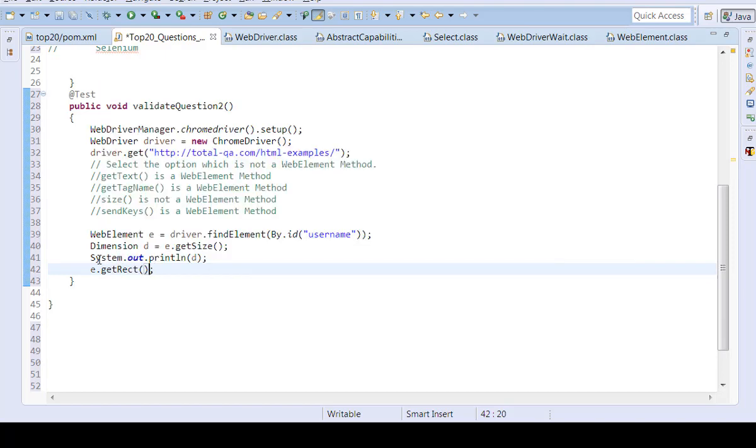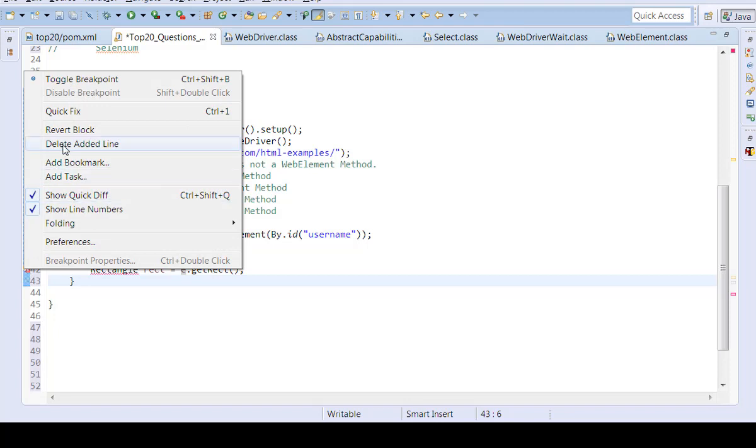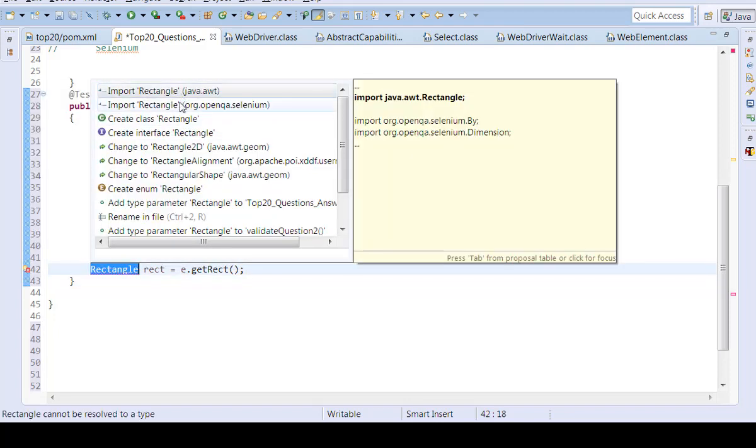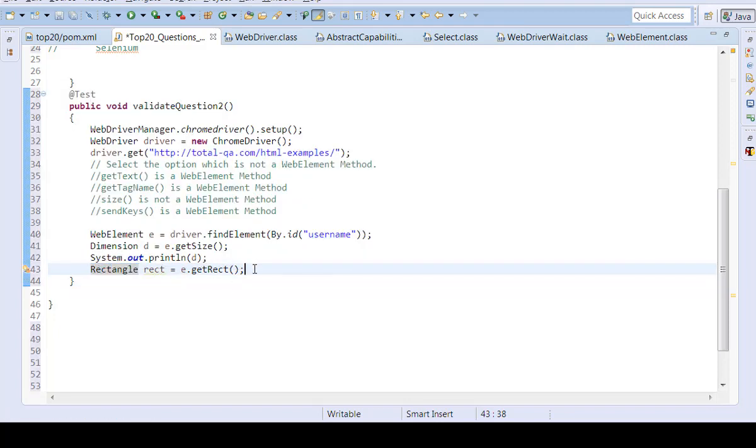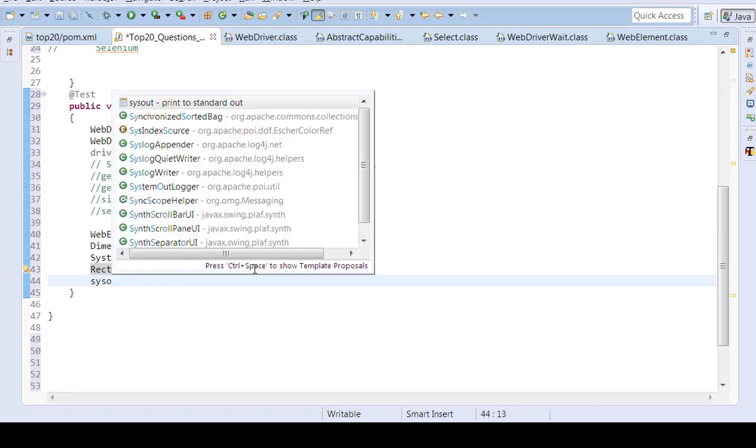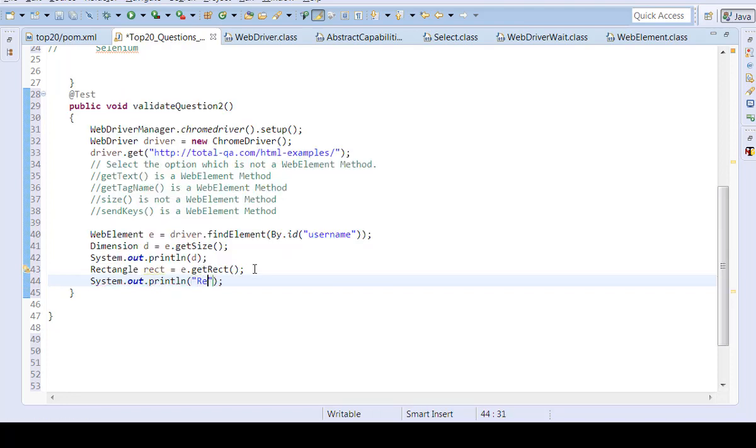This is giving a Rectangle object. For this also, we have to import the Rectangle class available in Selenium. Here, Rectangle. Similarly here, you get the dimension, size.